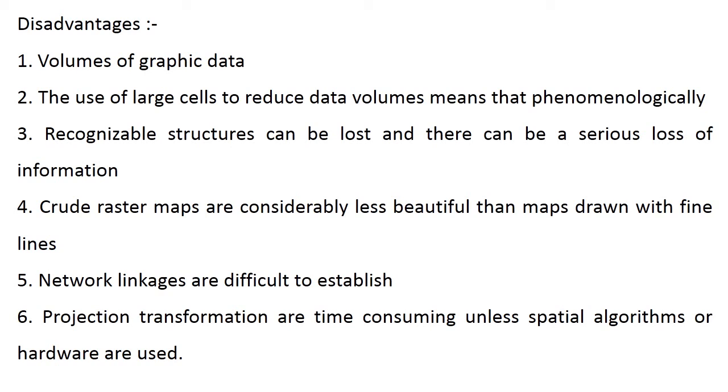So, today we have discussed the data model. In that we have talked about the raster data model, its advantages and disadvantages. The thing you have to keep in mind is that raster data means the data which is represented by cells or pixels, meaning information is stored in that cell or pixel, and in the vector data model the information is stored in the form of xy coordinates, or in the form of entities: point, line, polygon. In this way the data are stored.